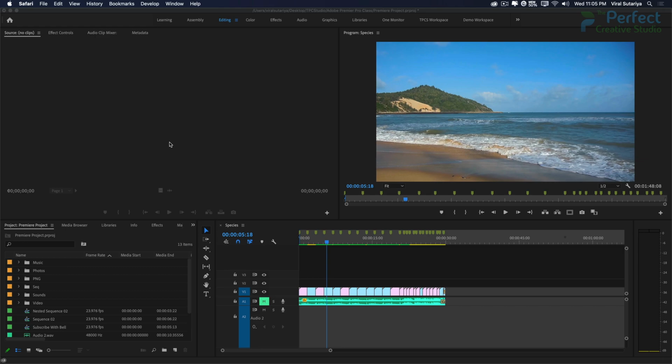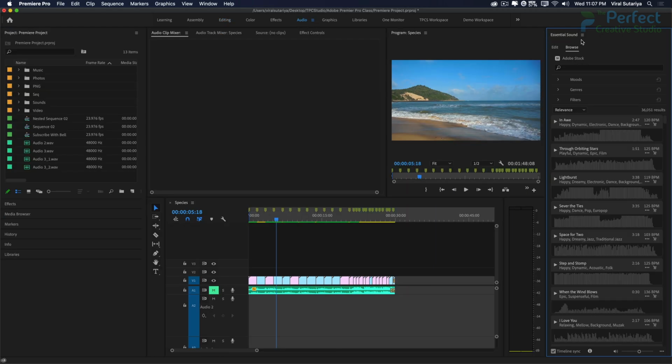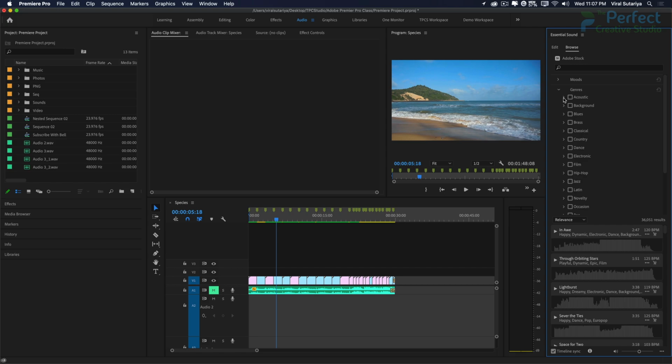Now the second thing is to use Adobe Stock Audio within Premiere Pro. Adobe Stock is launching an entirely new content category, audio, making music tracks available for license, and you can now search, download and license royalty-free audio soundtracks from Adobe Stock via the Essential Sound panel in Premiere Pro. So choose the Audio workspace here. In Essential Sound, click on Browse. Here you can search for tracks by moods or by genre.